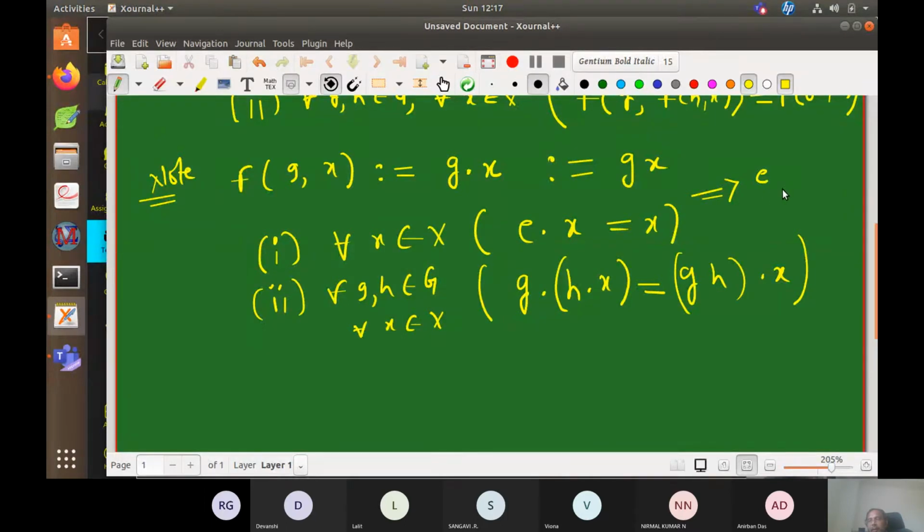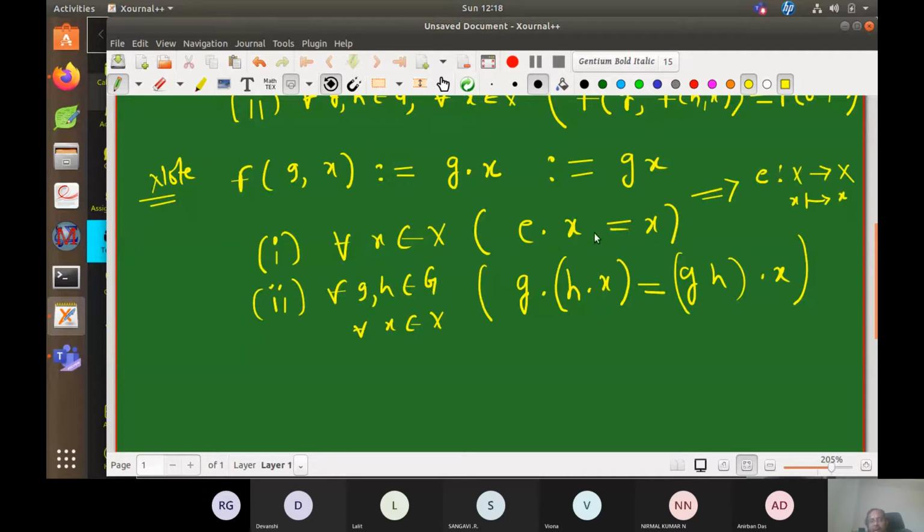From this, e dot x equals x for every x. Can somebody comment before I say? For every x belongs to X, ex equals x, so e does nothing. Yes, identity type. e is acting like a function. A function from where to where? The identity map, from X to X. It takes every element x to x itself. It is like a map, which we will see.